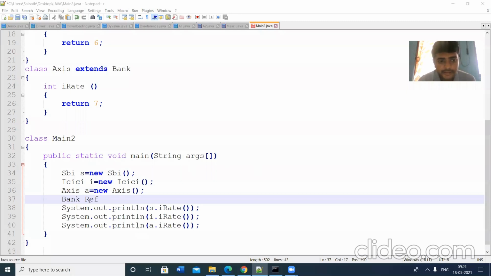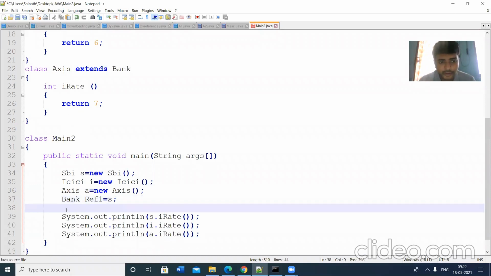So Bank, suppose take the reference object ref1 is equal to the object S. We can implement this with ref1.irate.